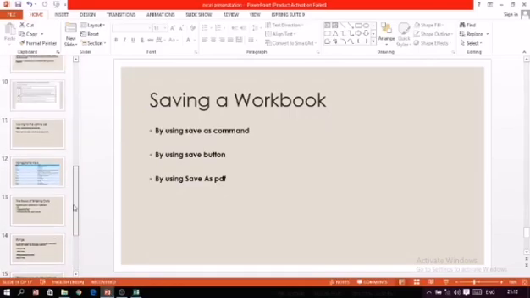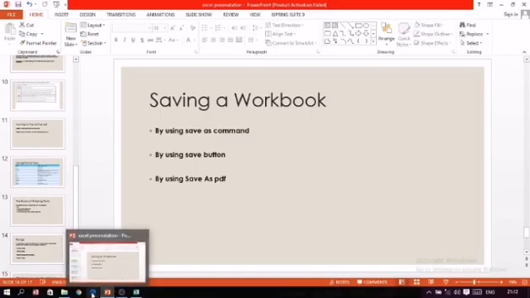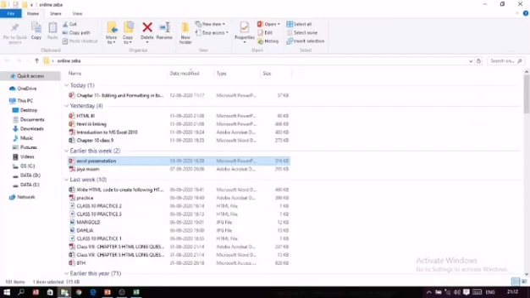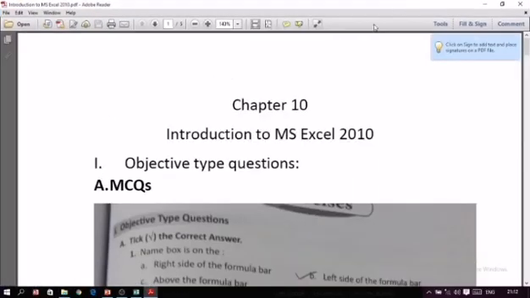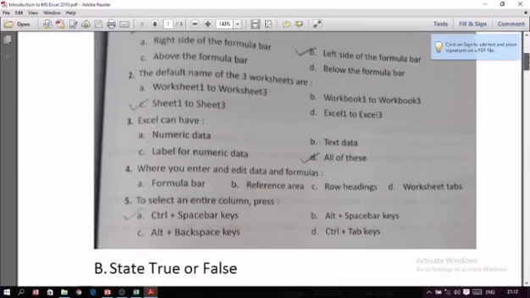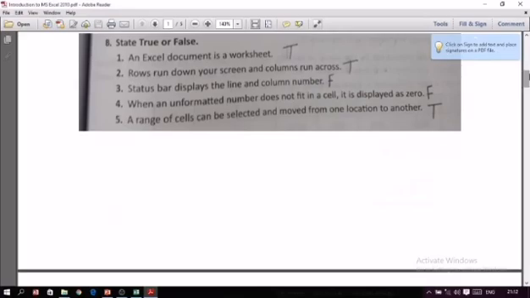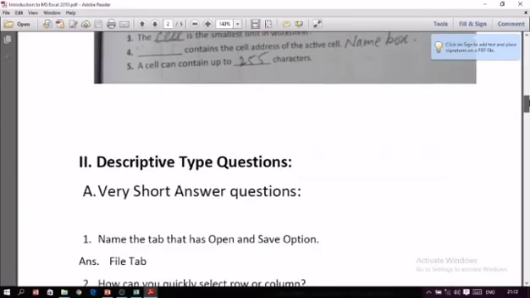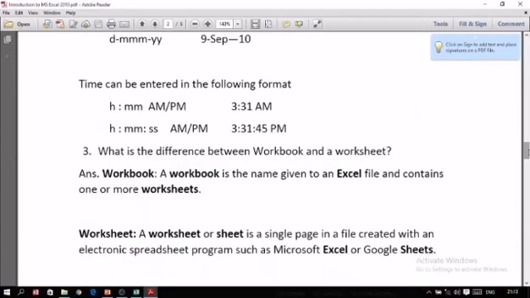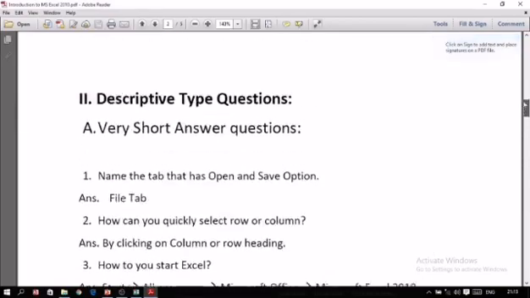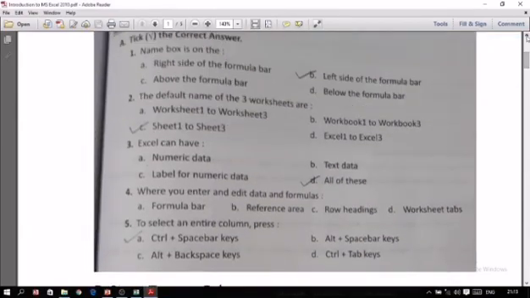I hope all these topics will be clear to you. When it is posted, if you have any doubt, then you can ask me. Along with this, I will post the question answers also, and all the exercises. It is given in PDF format, with objective type questions as well. I've ticked the correct option and taken the picture from the book itself. True and false statements are here, fill in the blanks, then short questions, and long questions also. All the things are present in this file. So along with the chapter, question answers are also there for this chapter.